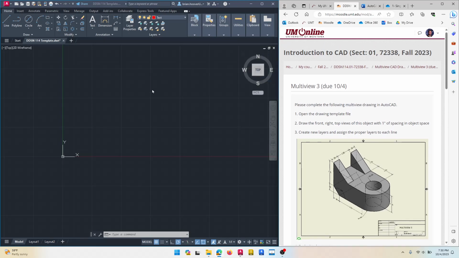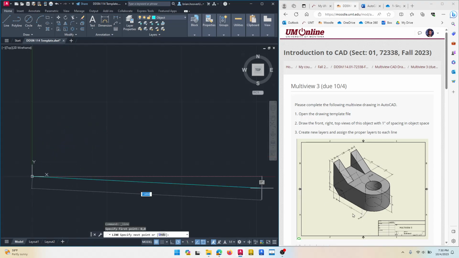Hi everyone, in this video we're going to go over Multiview 3. So just like before, I'm going to click over to my object layer, start my line at 0, tab 0, hit enter. So I'm at my origin, and now I'm going to start with the view from this direction, which is my front view. So I'm going to go up 0.5,